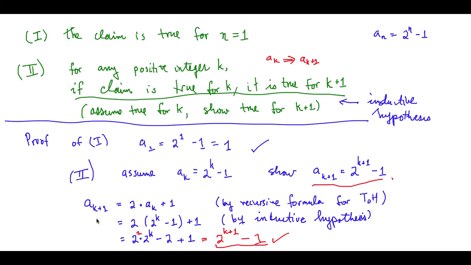So this is kind of a domino effect. If the first domino falls and one domino knocks down the next domino, then all of the dominoes must have fallen. So that's basically how this type of proof works. This is called a proof by induction, and we will define it a little bit better in greater detail